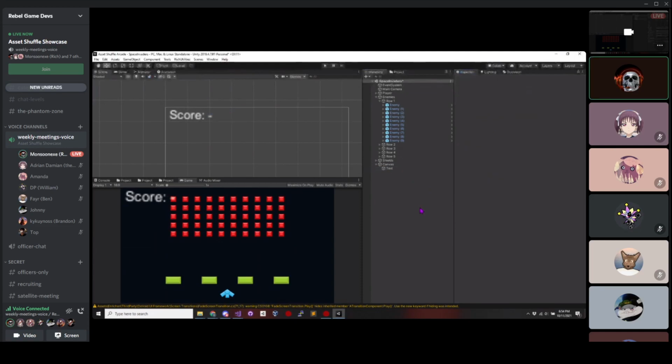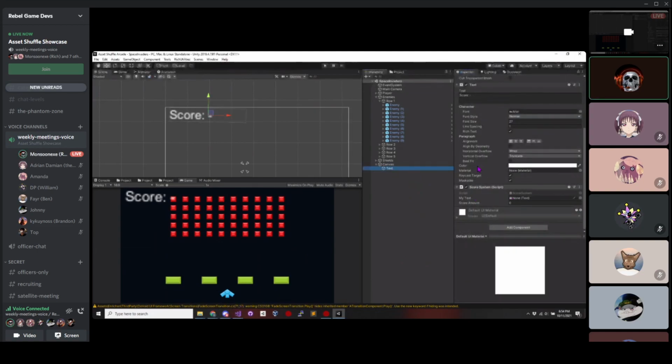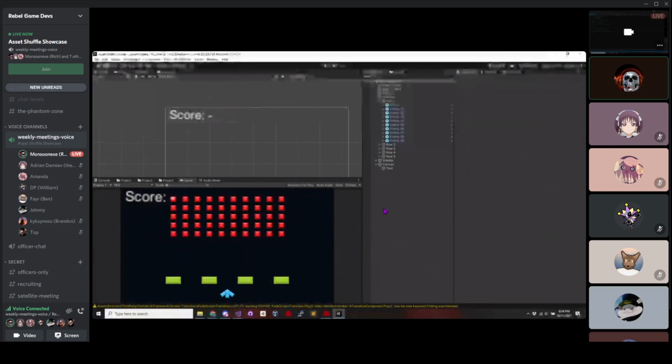Perfect. Now that exists, I will assign this reference. So I'll drag in the component into text. But we need two parts. That's what holds and updates the text element, but we need to cause the score to happen. So to do that, we're going to click